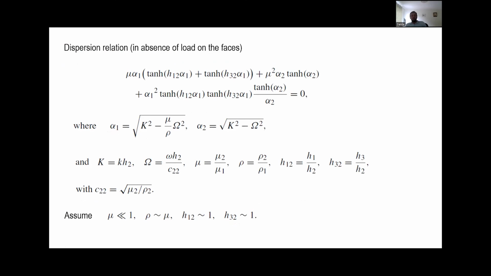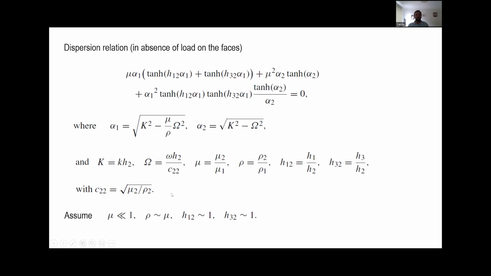So when we derive the dispersion relation in absence of the load, of course, if F1 and F3 are both zeros, we will have something like that. So again, not a very pleasant one involving these transcendental functions. And so alpha 1 and alpha 2 are these square roots here. So again, capital K and capital omega are the scaled wave number and frequency. And all these ratios here correspond to ratios of material and geometric parameters. And C22 here is just the speed in the